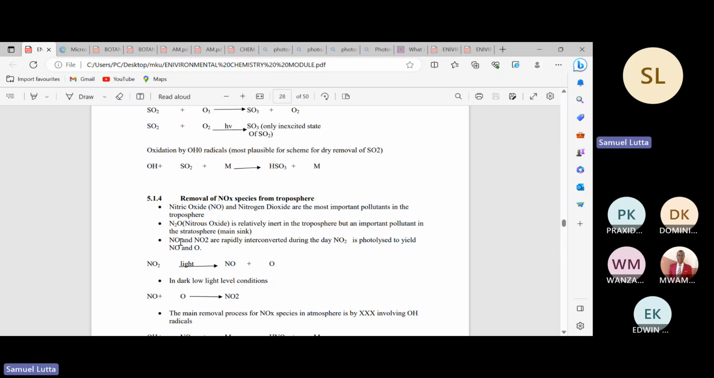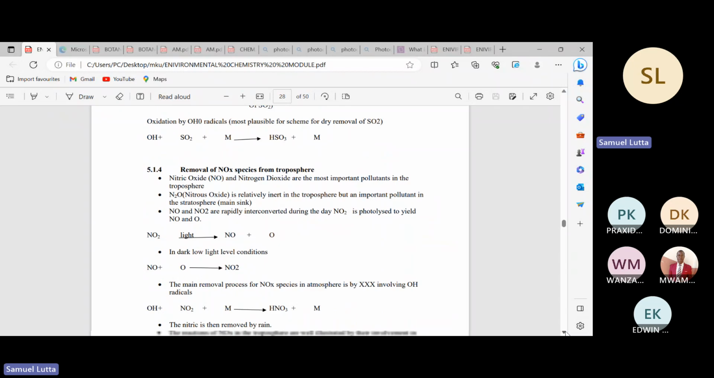So the major ones are NO and NO2. So these ones, remember we said they are rapidly interconverted. So that means NO can be oxidized to NO2 and NO2 can also be converted to NO. So we said in presence of UV light yesterday, when you talk about formation of photochemical smog, light can break down NO2 to give us NO plus oxygen. Now in the dark, when we don't have too much light, NO can pick up oxygen to form